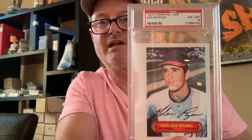The 1973 Topps Pinups test issue of Nolan Ryan in a PSA 8, and the 1952, which I love this, Coca-Cola test issue, plain tips that has the Giants at home schedule on them, a cool image of Willie Mays, and they just plop that down in the six-pack bottles of Coke, just as a schedule and a cool thing to have. So we'll look at these a little closer,